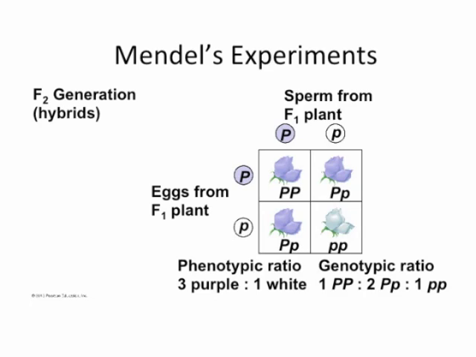So here we see a Punnett square with each parent giving either a purple or a white allele. If both parents give the purple allele, then their offspring would be homozygous for purple. If both parents give the white allele, their offspring would be homozygous for white. And if one parent gives purple and one parent gives white, then their offspring would be heterozygous. But we know that since purple is dominant, they would have the purple phenotype. So this gives us a phenotypic ratio of 3 purple to 1 white, or 3